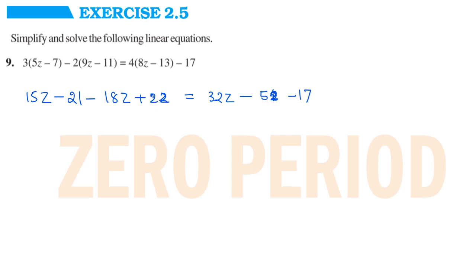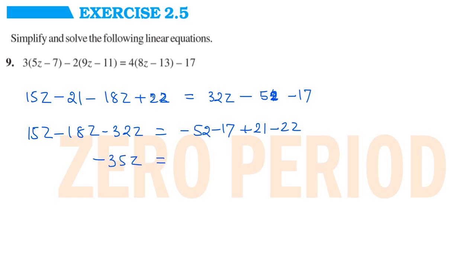Now rearrange all the variables and constants. This will be 15z minus 18z minus 32z is equal to minus 52 minus 17 plus 21 minus 22. Here minus 52 and minus 17 are already at the right side. 21 goes from left to right and 22 goes from left to right. 15 minus 18 is minus 3. Minus 3 with minus 32, it should be minus 35z is equal to, simplify this part,